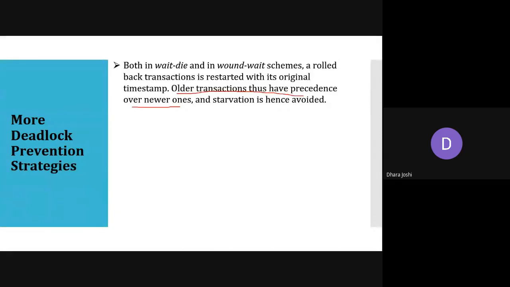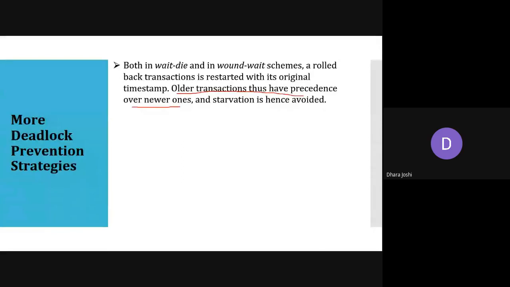Like in your 4 years of B.Tech course, if the senior has the highest priority to become an event coordinator, then after 2 or 2.5 years, you become the senior and you get the chance to become an event coordinator. It is not that you wait for your whole 4 years of engineering life and never get even one time as an event coordinator. So no starvation is here. Whoever is senior gets the highest precedence over the junior one.